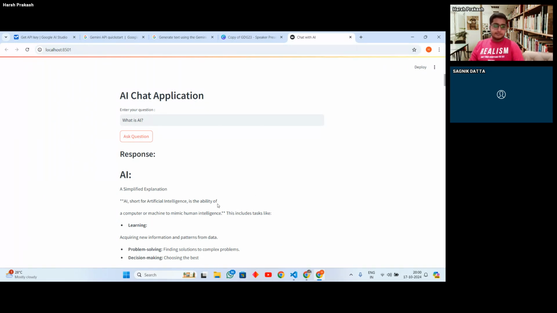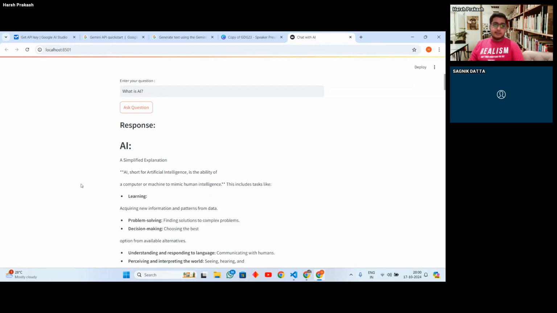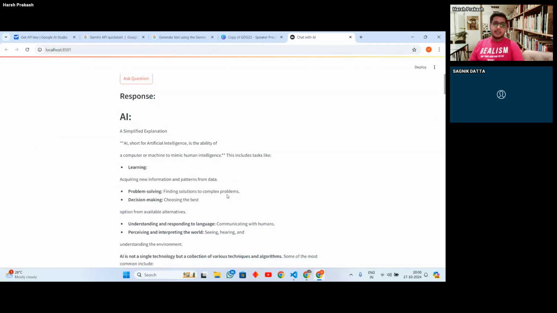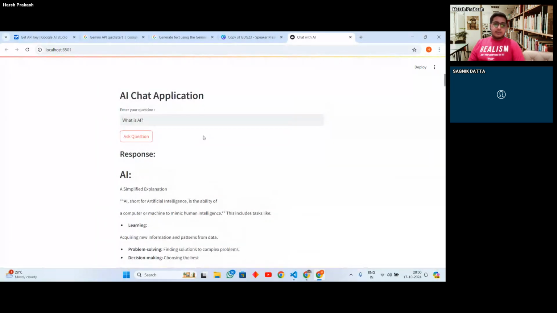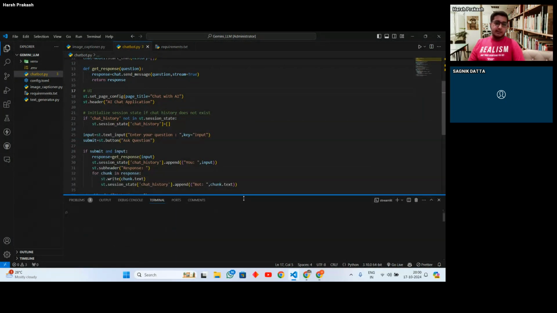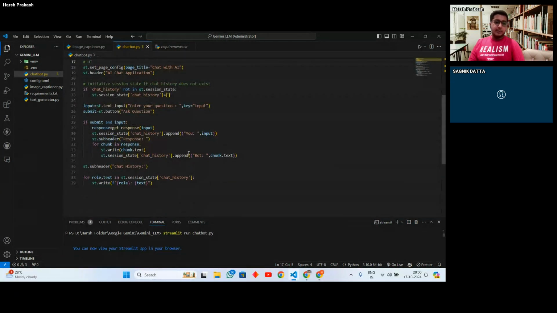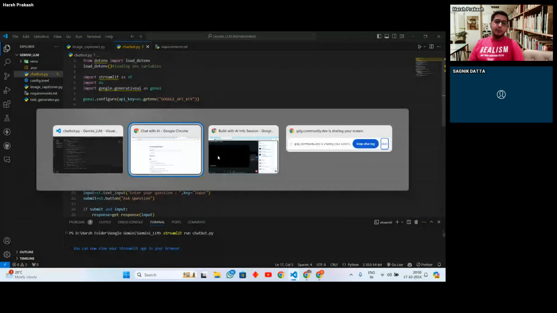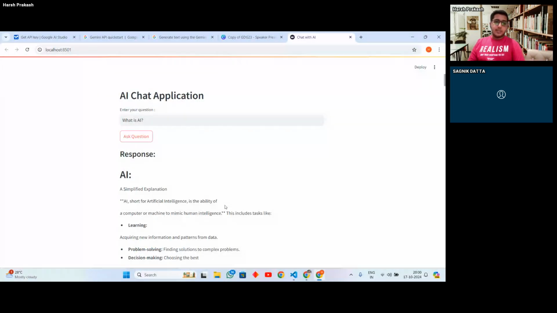Okay, so it has given an answer. It is the ability of computer to mimic human intelligence. Okay, correct. So this way, you can make a simple chat application in very few lines. Like if I remove the spaces, it would be hardly 30 lines of code. So in 30 lines of code, you can make this